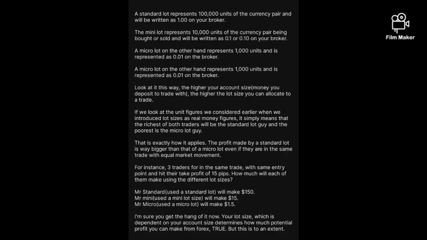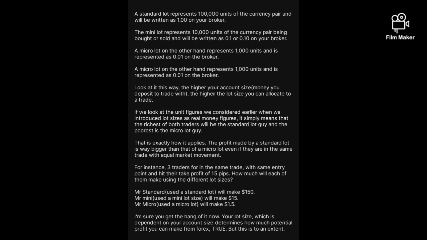A standard lot represents 100,000 units of the currency pair and will be written as 1.00 on your broker. The mini lot represents 10,000 units of the currency pair being bought or sold